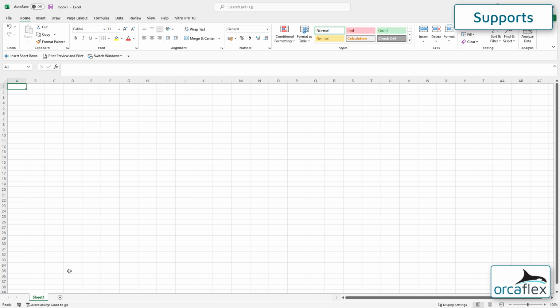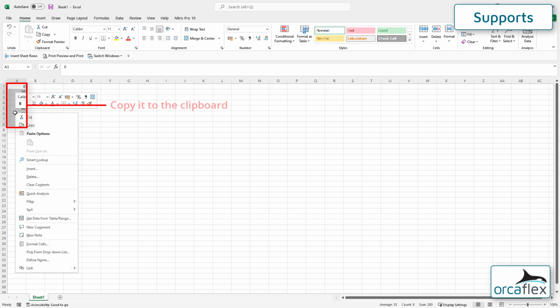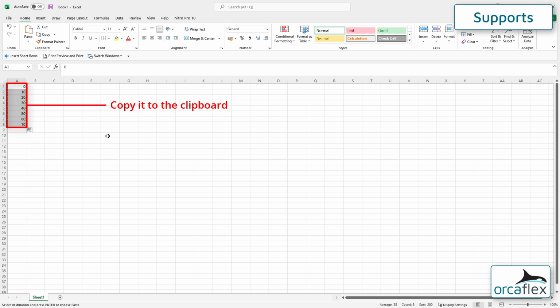Moving over to Excel, I can quickly create a list of arc lengths using the ability in Excel to copy data down to form a list. This list can then be copied over to OrcaFlex using the standard methods.